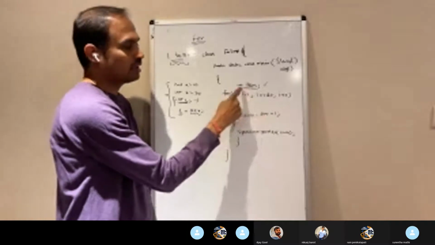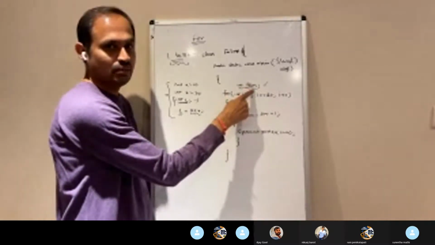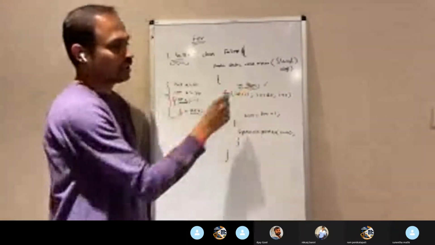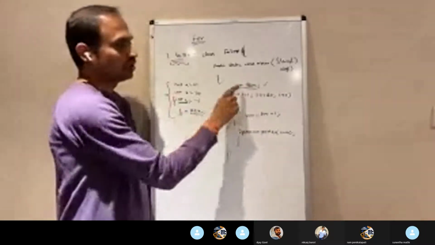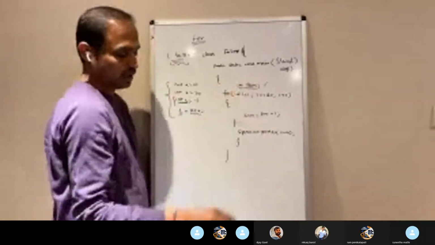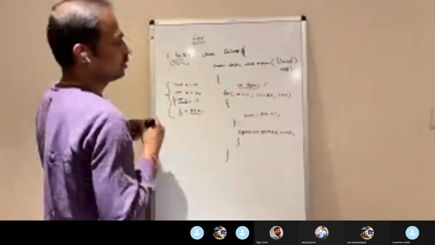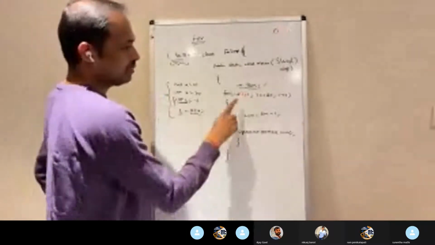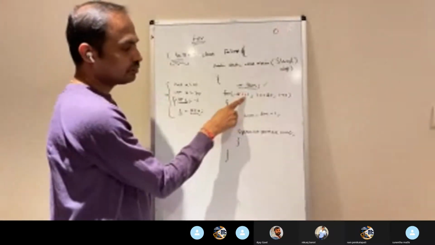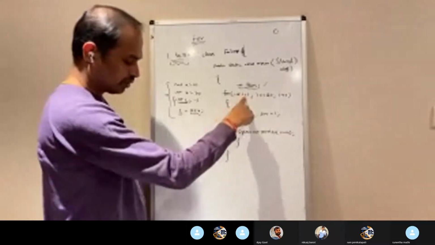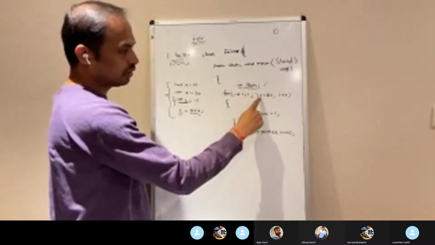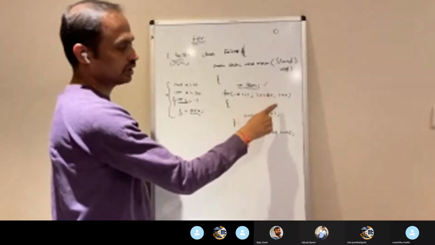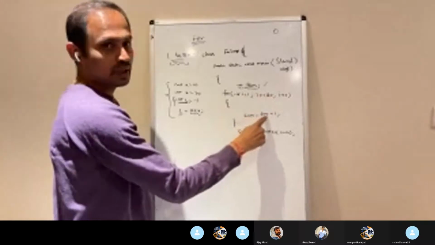What will be the value, because we have declared int sum? The value in sum will be 0 initially because we haven't initialized any value there. So if we declare int sum, then the initial value in sum will be 0. Once it comes, I is equal to 1, it will check whether 1 is less than or equal to 20. Yes, then it will come to sum plus